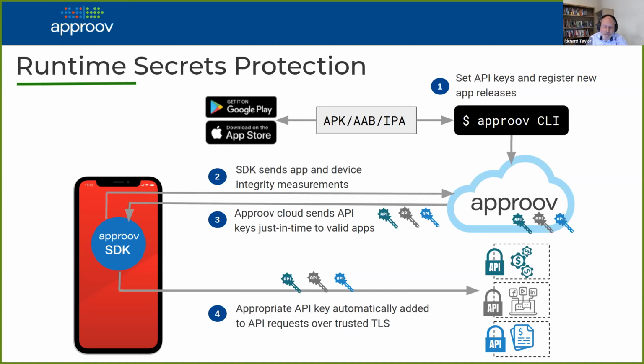So you can feed back to the user, but essentially then that particular app instance doesn't get a copy of those keys. And then the same sort of mechanism is used in that we can run with the networking stack, add API keys automatically, and they're sent over a trusted TLS route to the backend APIs. So essentially this means that only valid app instances can access those API keys, and therefore those backend APIs.